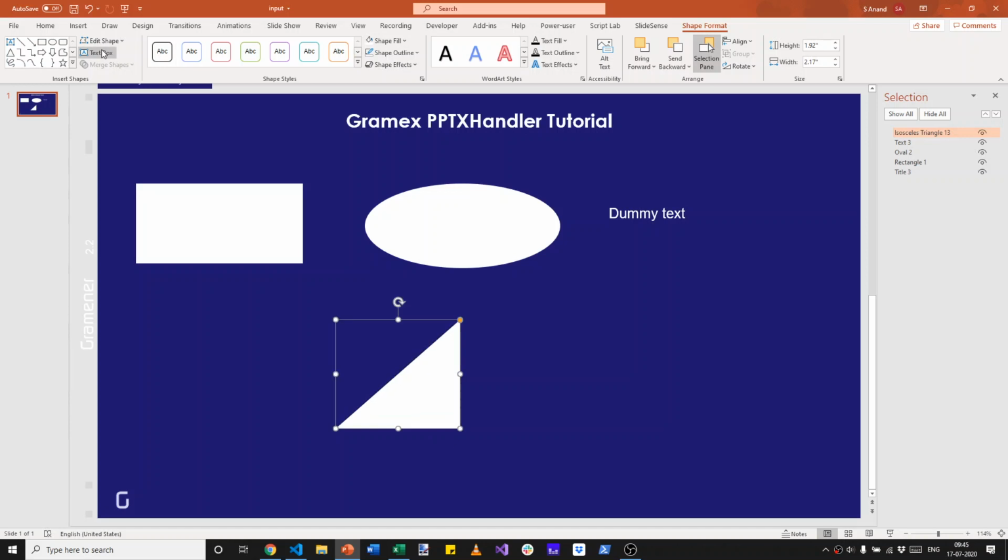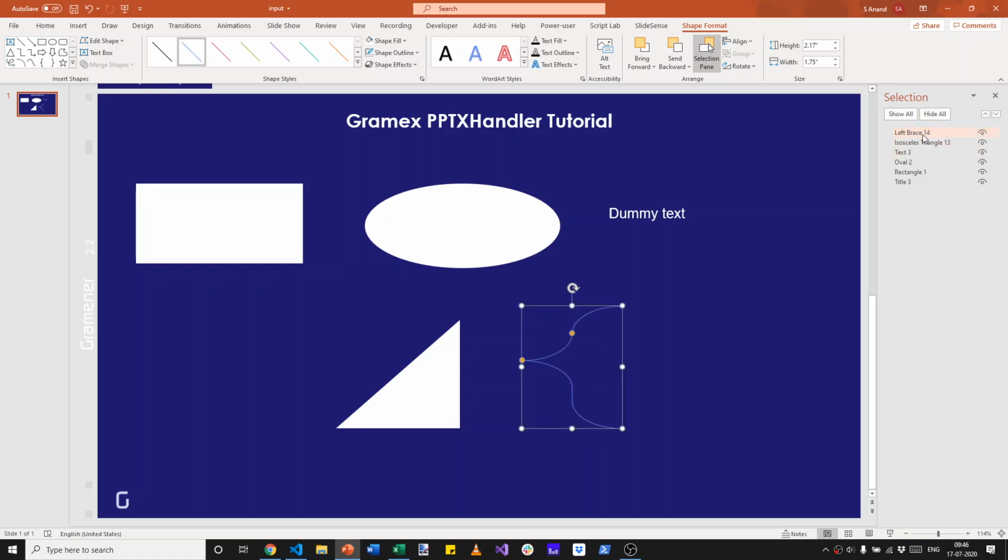Other shapes, such as, let's say, these braces, have two adjustments. One that determines how rectangular or curved it is, and a second that determines how deep it's inset from the top versus the bottom. So what we'll do is take this brace and this triangle